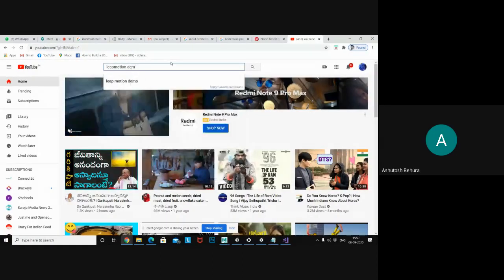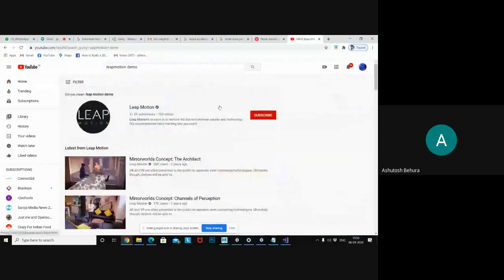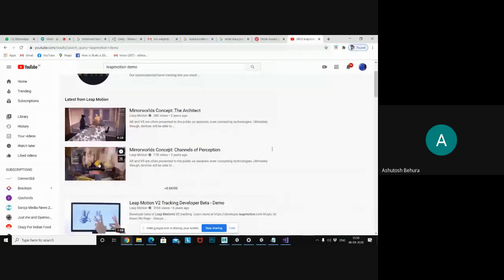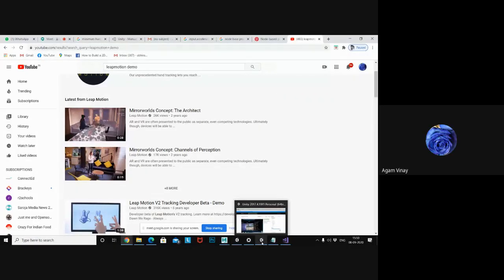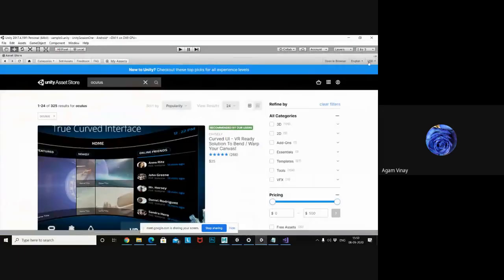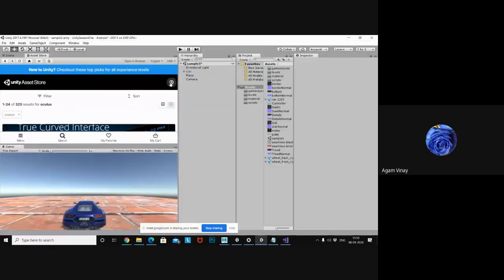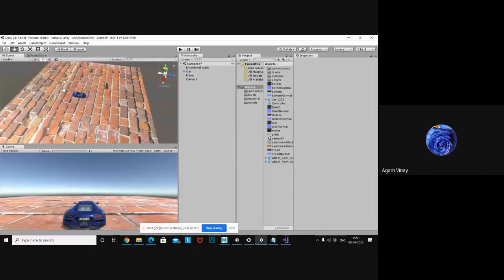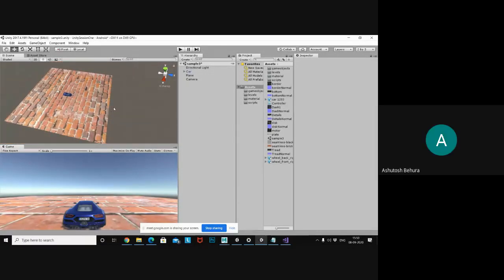You are teaching very nicely, very nice demo. But the session is named AR and VR, and most of the session has covered game development only. Yeah, because you need to first know the basics. Before getting into AR, you need to know this interface and everything. If I directly start, you won't know where I am selecting what. That's the reason the brief introduction is necessary for the first day. It is fine for today.